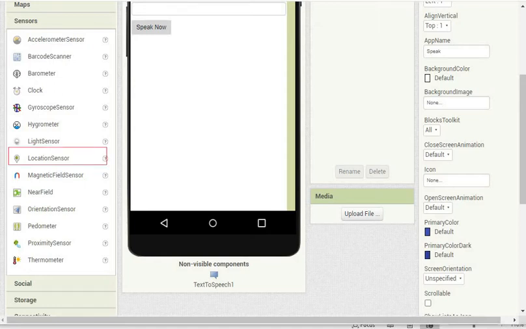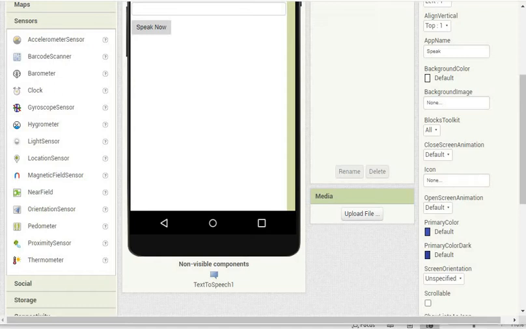The location sensor records the current latitude and longitude and can be used for geotagging, locating your phone, etc. The proximity sensor is used to find the presence of nearby objects. These are used to lock the screen during a phone call when the phone is held near your face. In the upcoming tutorials, we'll try to develop apps that make best use of the available features on your smartphones.